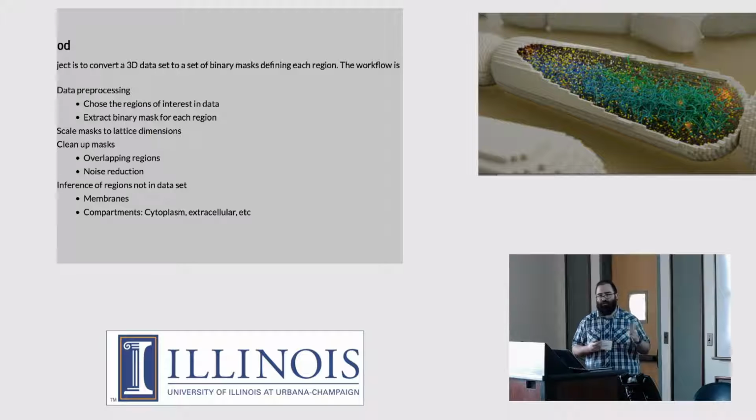I think it's 8 on X and Y, and 32 on Z. But we're just going to make it all a multiple of 32 in each direction. So our lattice spacing is 115 nanometers. And we're going to scale